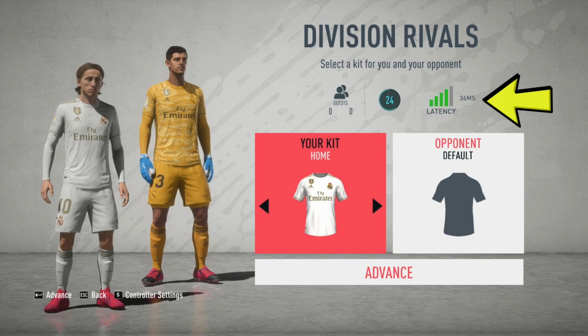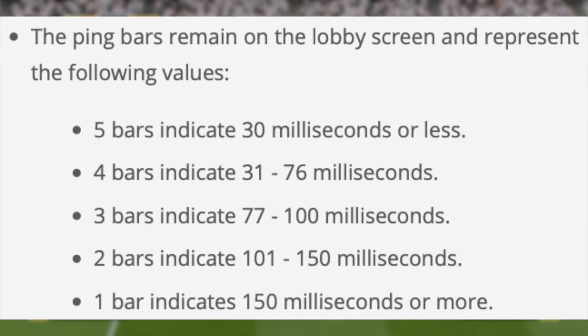And obviously that's going to help in determining whether you're affected by the bad servers, and it helps them know which areas are the worst. So yeah, I guess it's a good thing, but is it going to fix much? I don't know. So they've provided some information about these ping bars, and they say that they remain on the